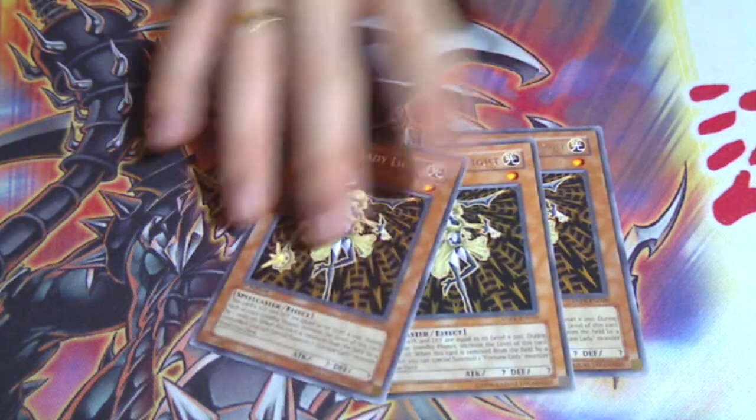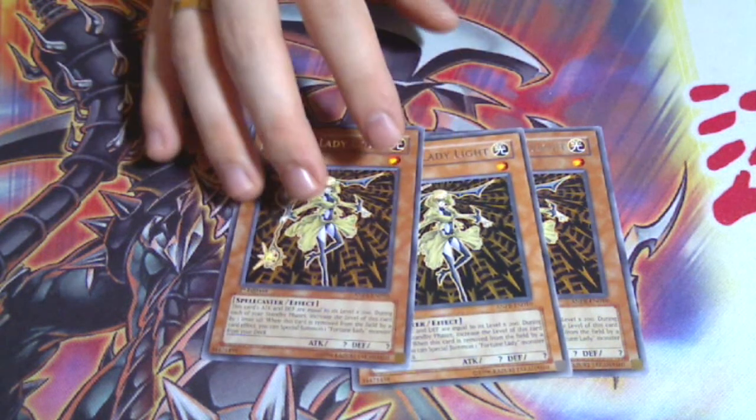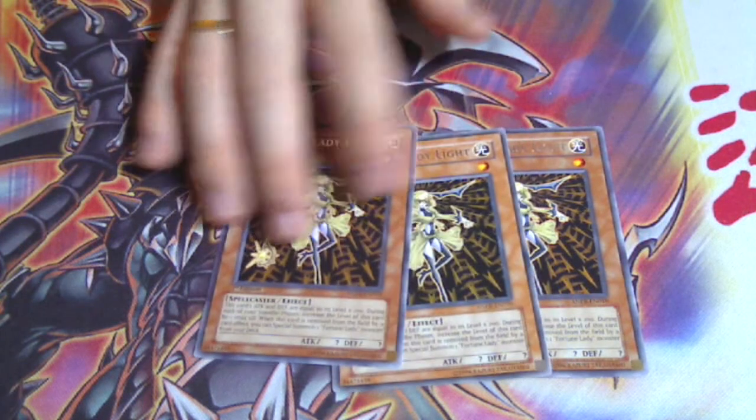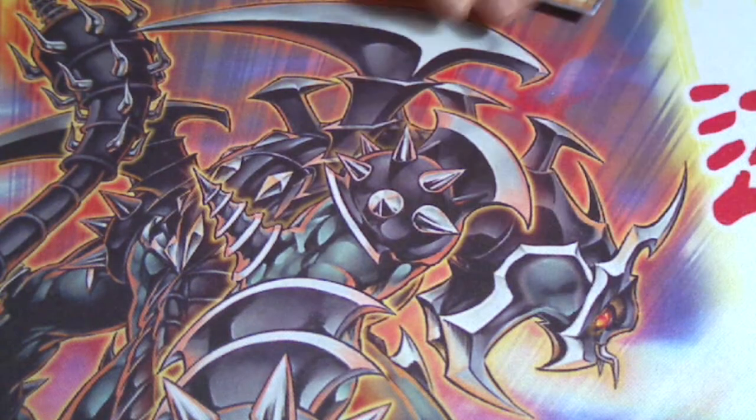Fortunity Light, the deck revolves around her. She's what makes the deck work. Basically, you get her off the field, and you can spam summon. You can special summon a different Fortunity, and you just keep abusing this effect over and over. It's an amazing card, actually. Next, we have